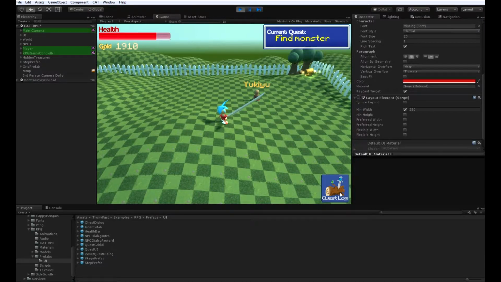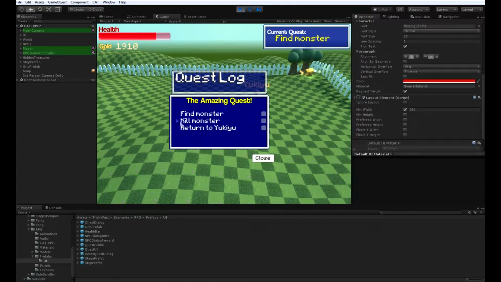Here's what you should end up with. We have a quest log window. It's listing the current quest that we're on, and it's got all the steps from the current stage. So if you look